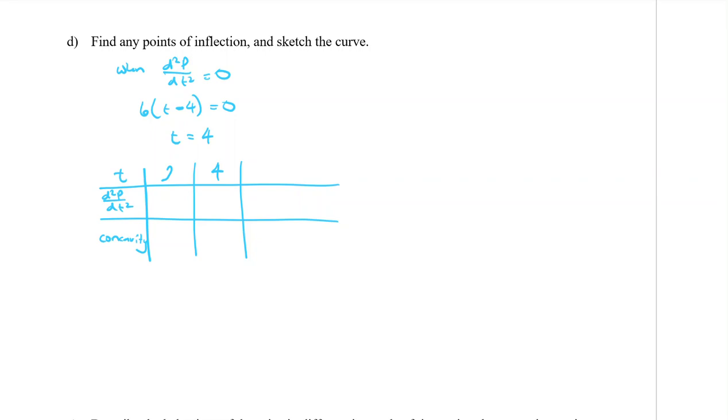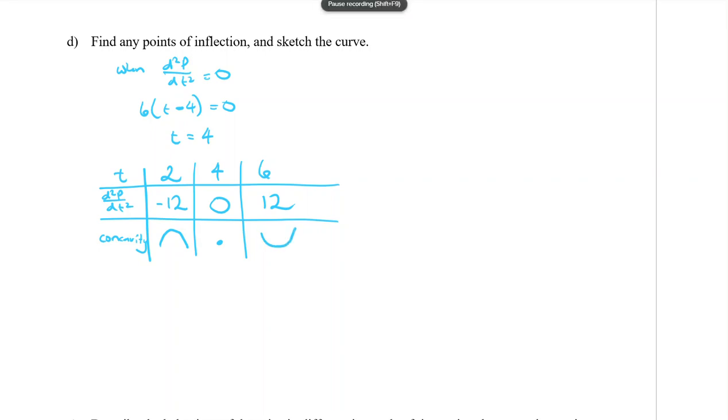Testing something on either side, I'm going to do 2 and 6 because I actually already know what they are. When I subbed 2 into the second derivative in part C, I got negative 12. When I sub 6 in, I got a positive 12. When you sub 4 in, we get 0 because that's the one we found up here. So a negative 12 is concave down, a 0 is the point of inflection, hopefully, and positive 12